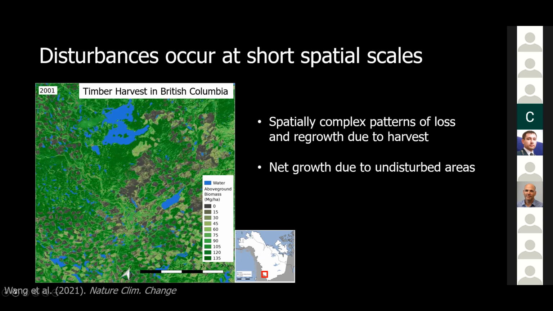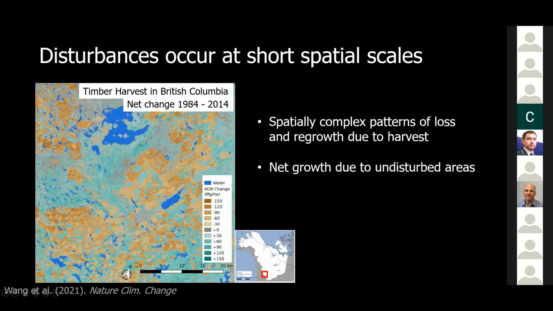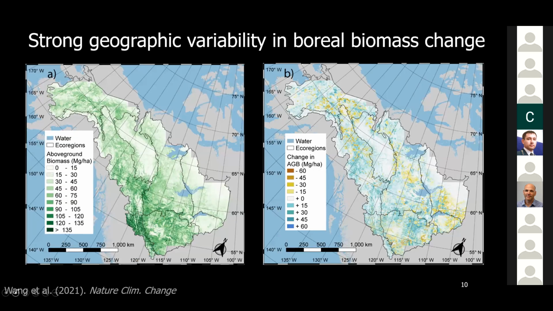And if you pay careful attention, you can see regrowth, the accumulation of biomass at previously harvested areas slowly over time. And what we end up having is this sort of complex mosaic. Some areas have biomass losses in the browns, and some areas have biomass gains in the greens, occurring both at this sort of landscape scale as well as the regional scale.